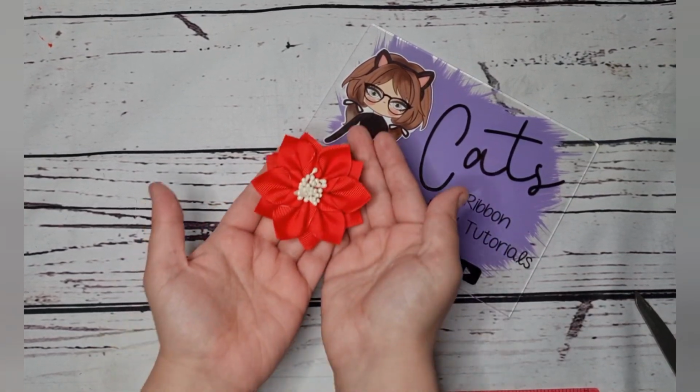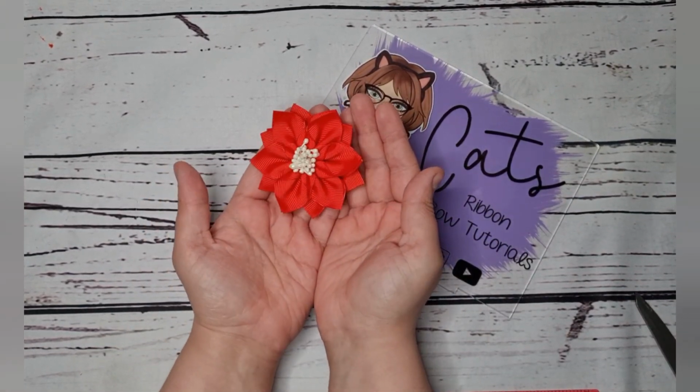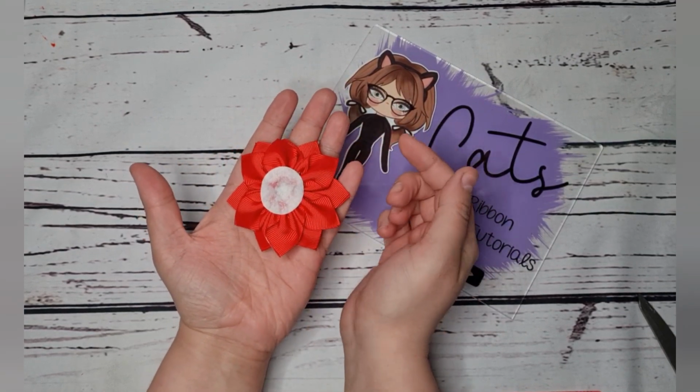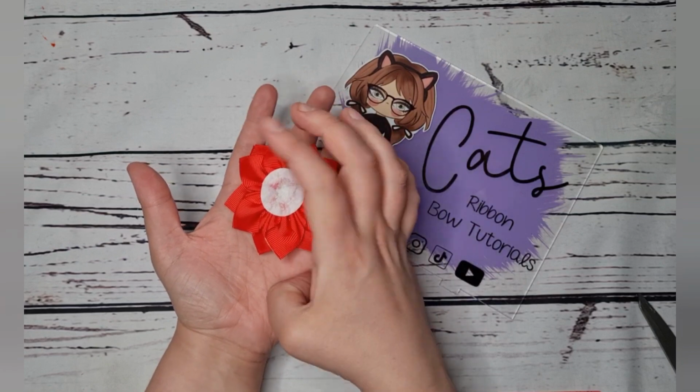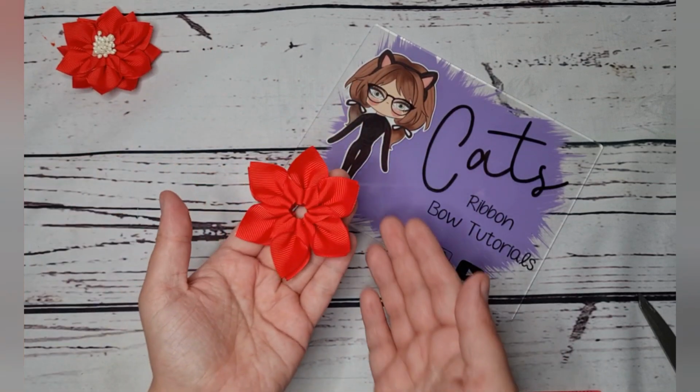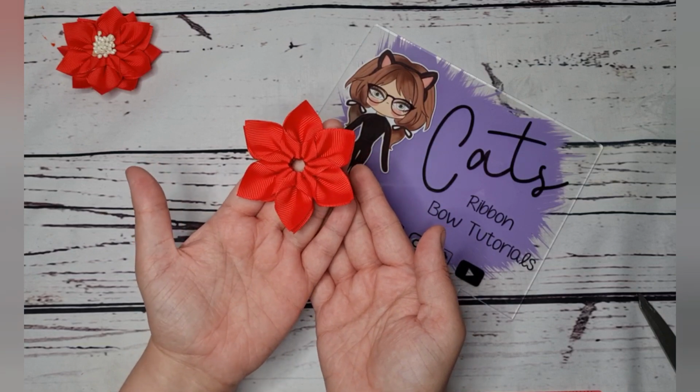Today we're going to make this super cute little flower. So this is what it looks like. I haven't finished the back yet because I'm going to show you how to put a hair clip on and how to put a bobble on it. So this is the first version, and for speed I've already done the bottom layer because we're going to need